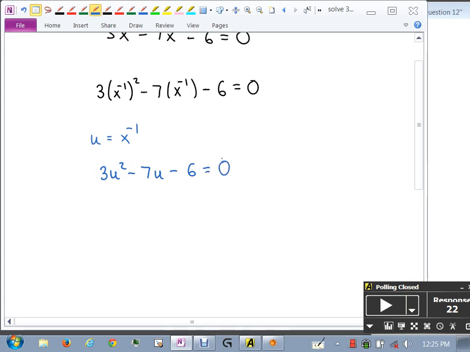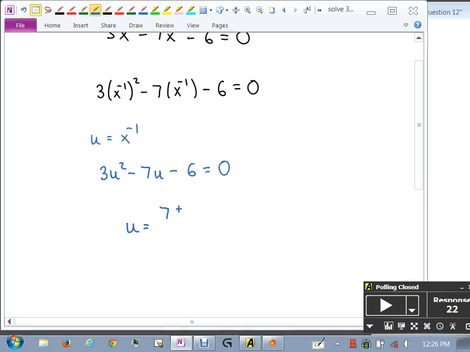Does it factor? No? I think it does. Let me use the quadratic formula just for this one, okay? You can factor it, but we haven't used the quadratic formula, so let's use it. Because I want to point something out here. The quadratic formula says x equals negative b plus or minus square root of b squared, all that, right? It says x equals. But our equation is in u. So we need to write u equals, not x equals, negative b,